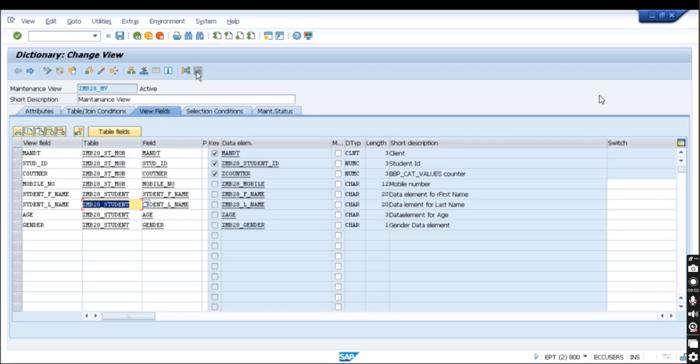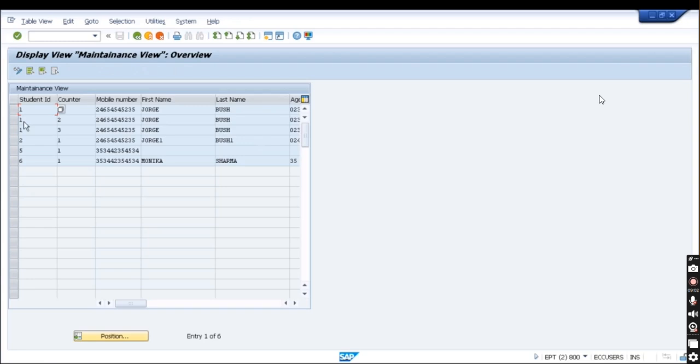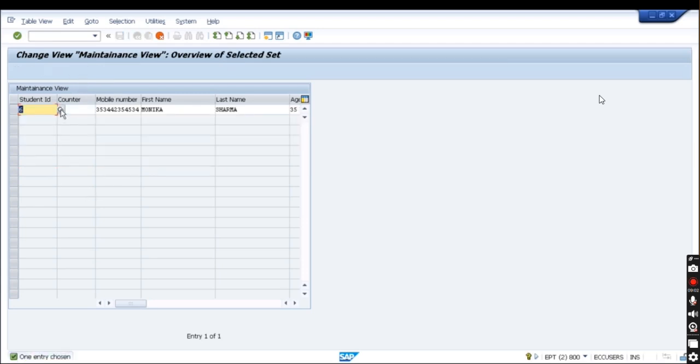So go to this content over here, go to change mode, and what I'm going to do is copy this, and here I'm trying to give the record number maybe 20, which is not there in the main table, right? If you press enter, it will not take it, because that record is not there in the main table. Even if you press enter, it will give you the error: student 20 does not exist in this MB28 student check entry, right? So in this way,